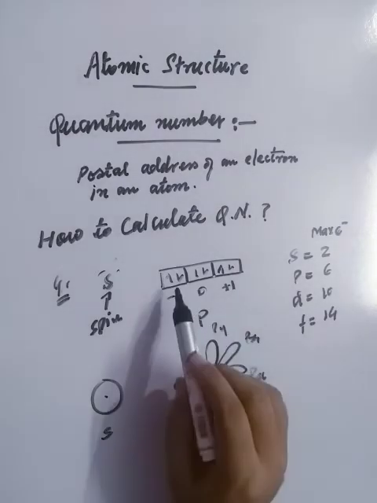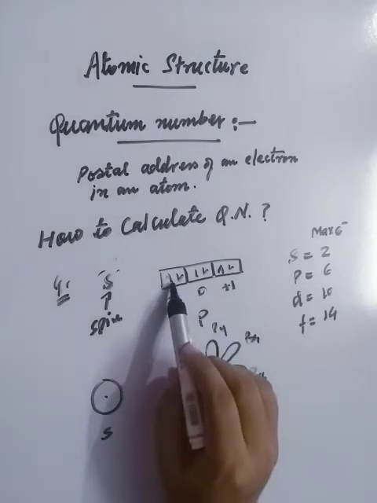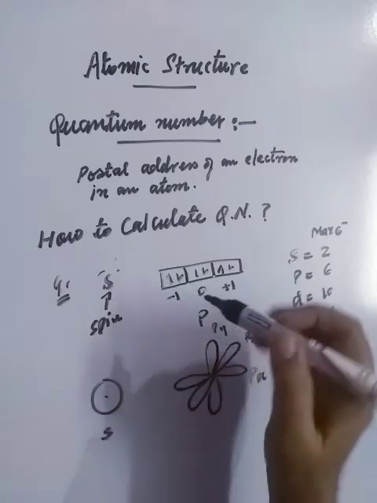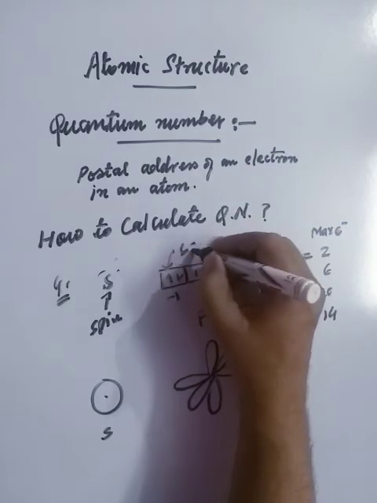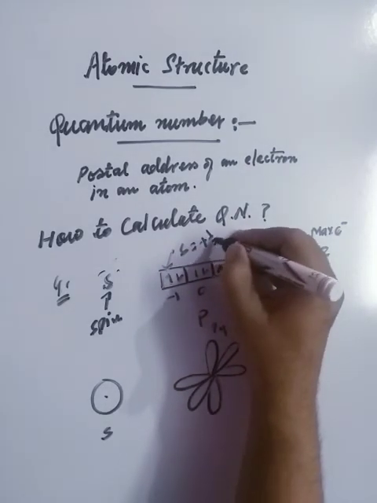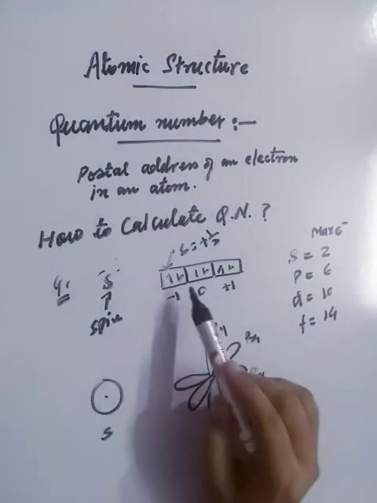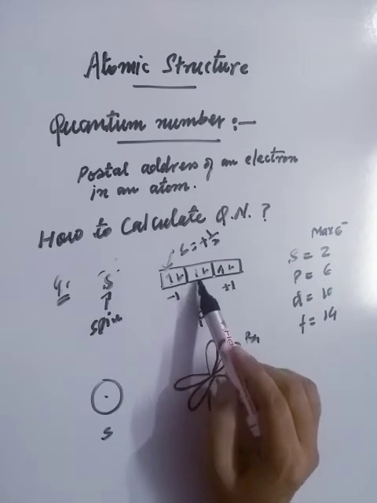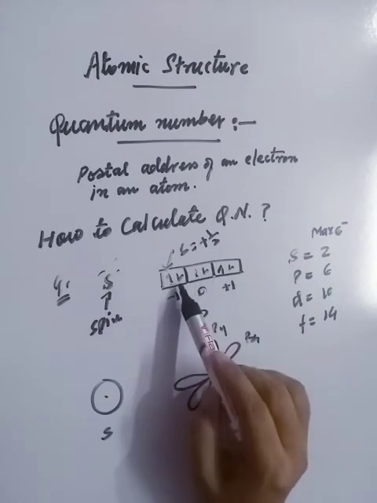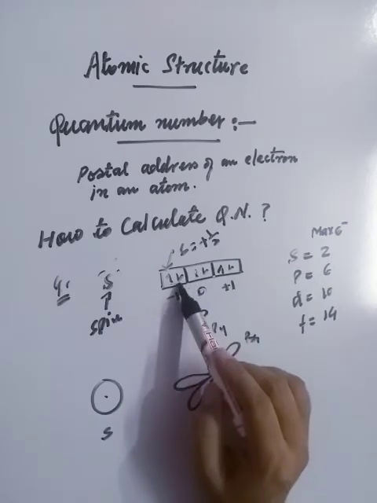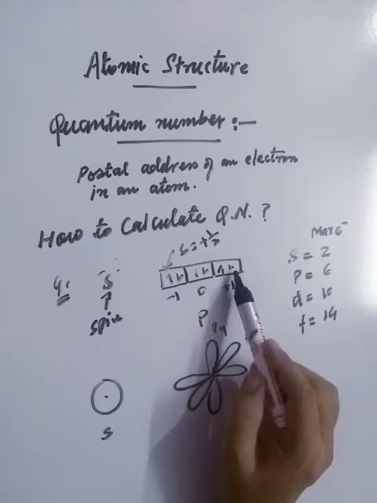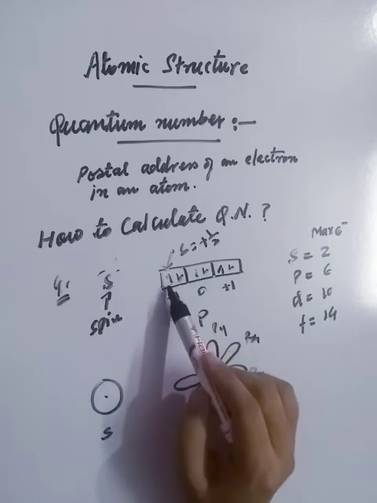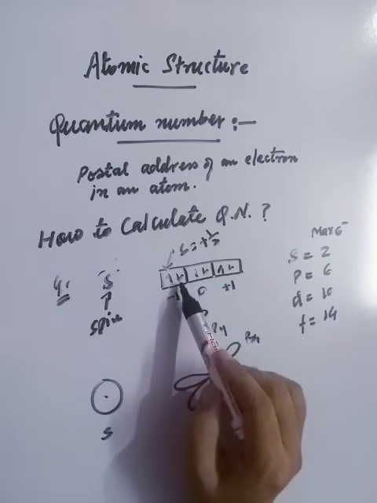Now if we are talking about this electron, what is the spin quantum number for it? It is clockwise, so for this electron S will be equal to plus half. For the second electron, it is also clockwise, plus half. And for the fourth electron in the p subshell, it will be minus half. The fifth electron is minus half, and the sixth electron is minus half. Every orbital carries one clockwise electron, meaning plus half, and the other will be anti-clockwise, which is minus half.